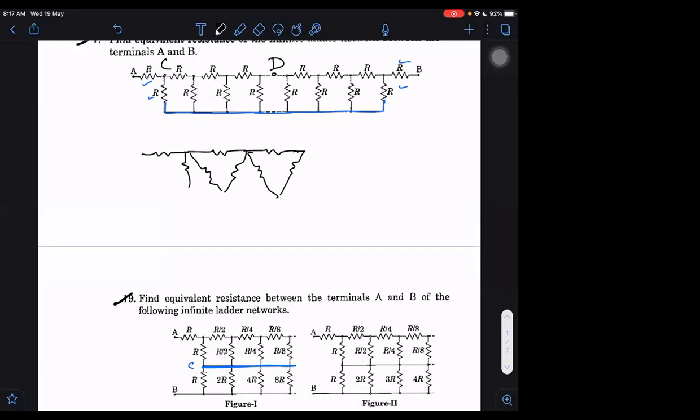This is the network which we have. All these stars can be converted into corresponding deltas. If this is a star, then the next one is not a star. If it is star taken here, then the other one will not be star. So this also we cannot do directly or easily.